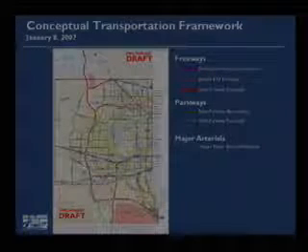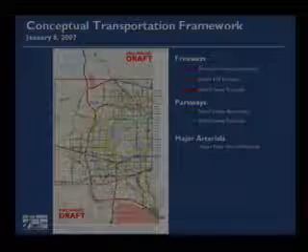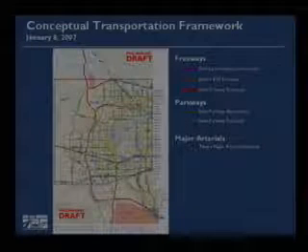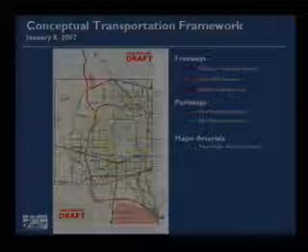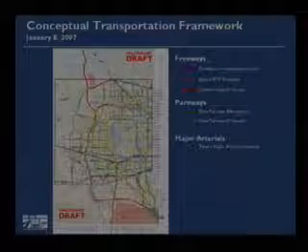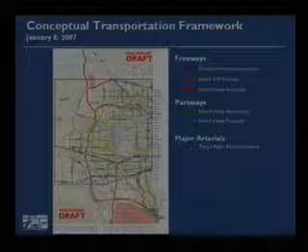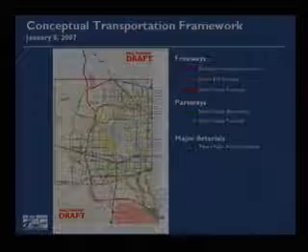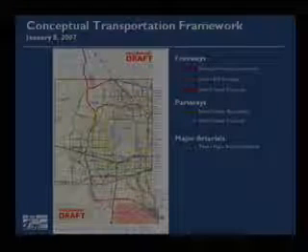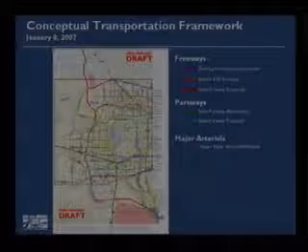Well, some of the highlights of the conceptual framework that you see here: you do see the freeways, you see I-10, and we have identified interchange locations at 2-mile spacing. We've got those worked out with the development community for the most part. We got them all worked out, and we already got requests for a change already. But we have them worked out with the Federal Highway Administration and the Arizona Department of Transportation.